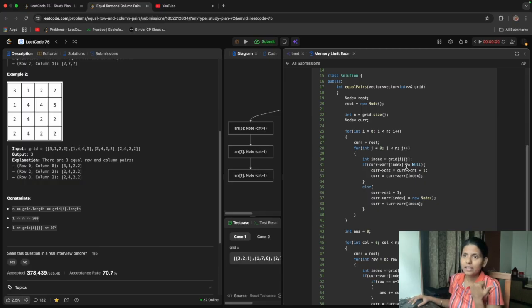Like here in this case 2 4 2 2 it was there first, and if it is present, then just take current and current at that index, whatever the node on that index, assign that node to the current.